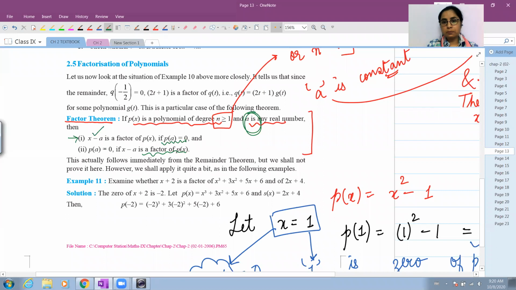Let me know if the first part is clear. कि फर्स्ट पार्ट में हम ये बोल रहे हैं हमारे पास कोई पॉलिनोमियल है और हमने कोई कांस्टेंट ढूंढ लिया, जिस कांस्टेंट को अगर हम पुट करते हैं इन प्लेस ऑफ द वेरिएबल तो पॉलिनोमियल की वैल्यू 0 बन जाती है. तो उस कांस्टेंट वैल्यू से हम एक फैक्टर क्रिएट कर सकते हैं. Is this part clear? Anyone who has questions with what I'm saying or is not able to follow what I'm saying here? Please repeat. Yeah, sure.